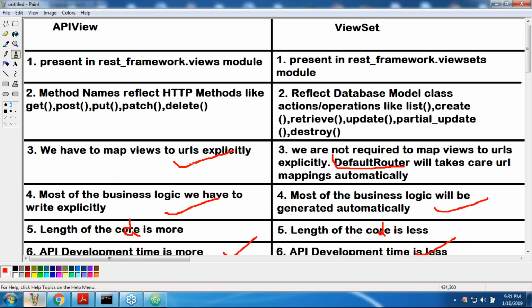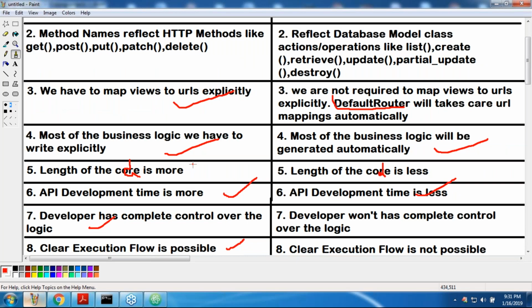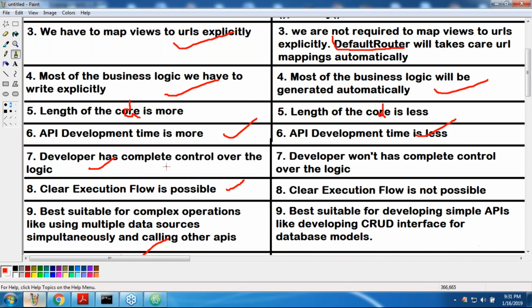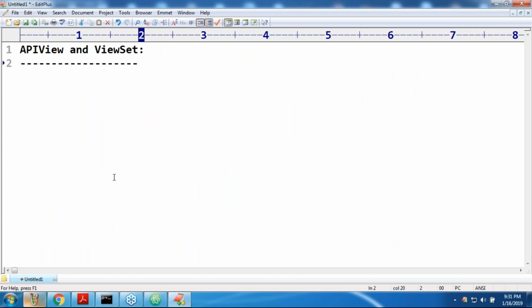Okay, sir. Now by this time we have some very basic idea about API views and the view sets. Now the power of views with respect to the model, everything I want to discuss for you people. Just some more examples I want to take. Of course, simple examples only to understand familiarity, and then at last we may go for complex examples. So don't worry about that.